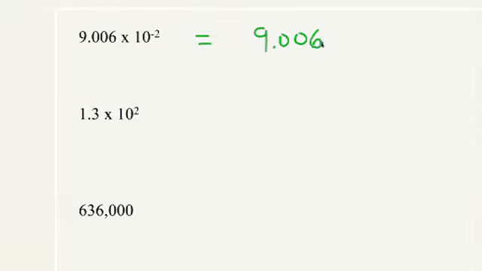So I write my 9.006. All right, so 10 to the minus 2, which direction will the decimal point go this time, to the right or to the left? Well, if you said to the left, you're right. 10 to the minus 2 makes us move this 1, 2 decimal places. This is where the decimal point ends up. Again, I've created a space here, so I have to put a 0 here. So this is 0.09006 as the final answer.